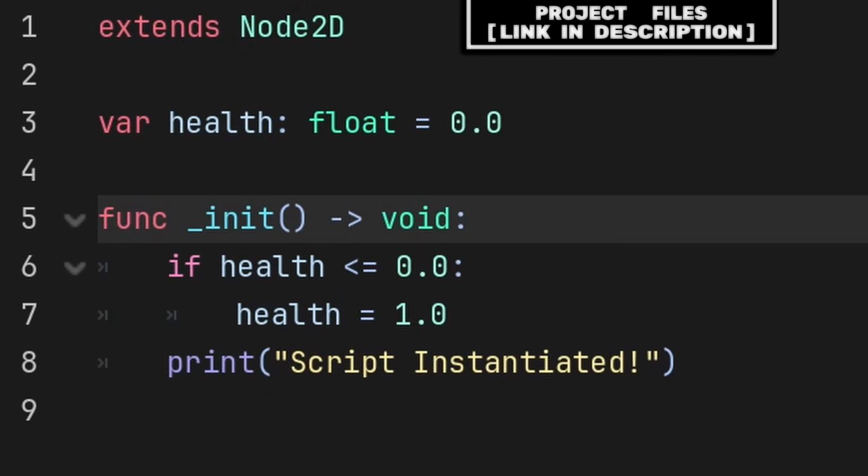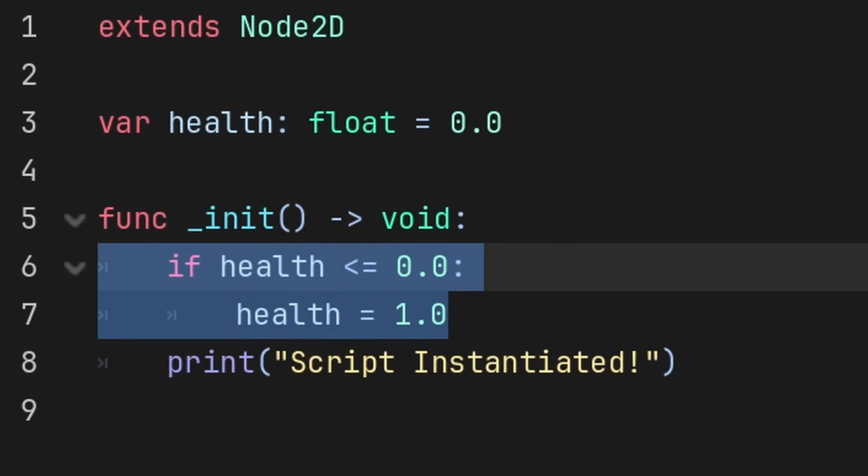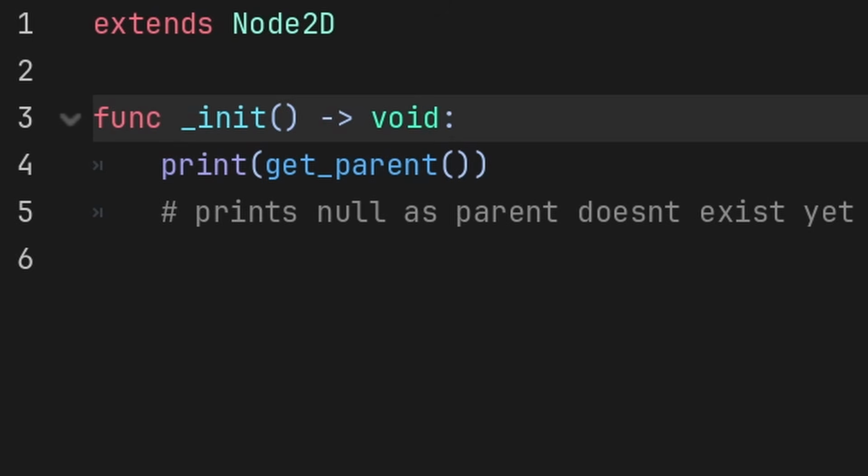The init function is a constructor of a script, meaning that its job is to ensure that once the script exists, it obeys the rules of the type or extends of the script, making one of the core use cases of the init function to ensure that certain conditions are correct, such as making sure that the health variable is always above 0 before the node enters the scene tree, as it is better for the game to error and for loading the scene to fail than for something like an invalid object existing, as init runs its code whenever